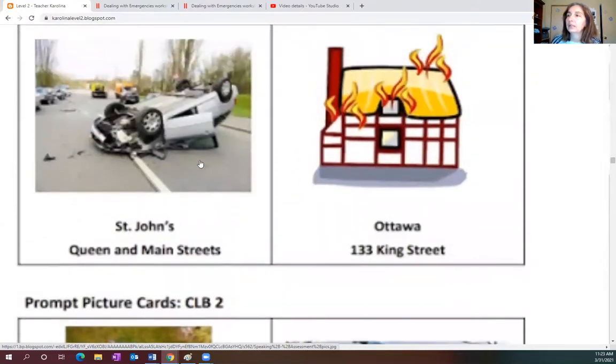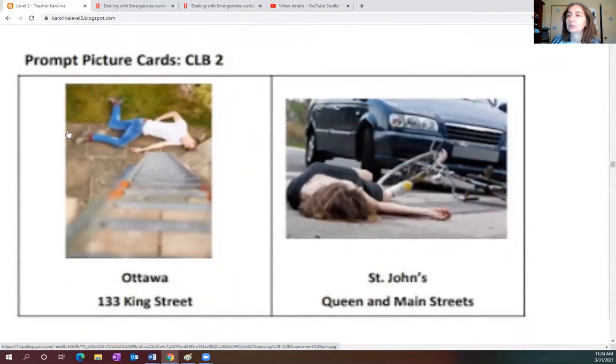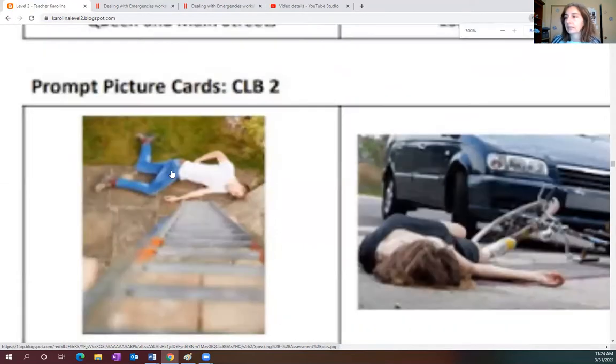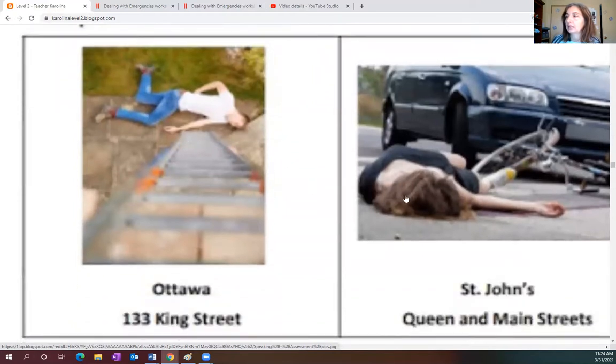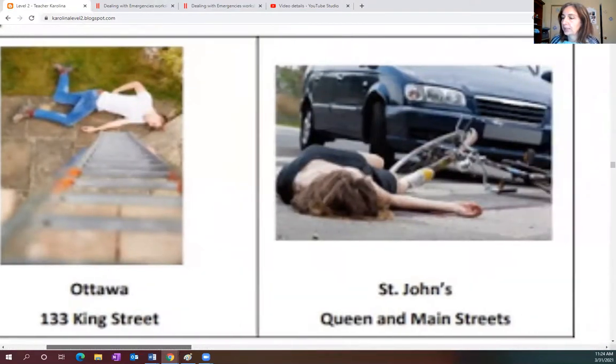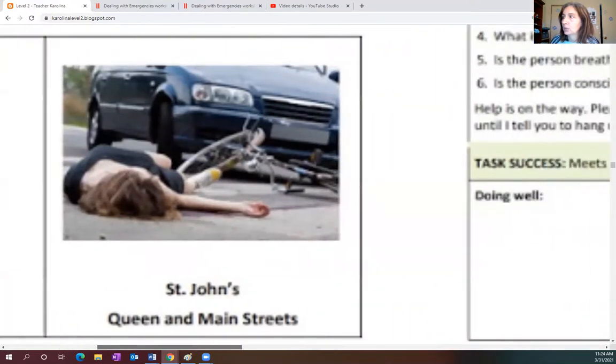So let's get back here, and then I will ask, was anybody hurt? And then you say yes or no. You can't really tell on these two, but on these ones, I can ask you, is the man breathing? And I think both of them are breathing, the man and the woman, but they are unconscious. So when I ask you, are they conscious? You say no. So let's try one, because we practiced with the people who were there, but if you were not there, you didn't practice. So let me try doing it with this one.